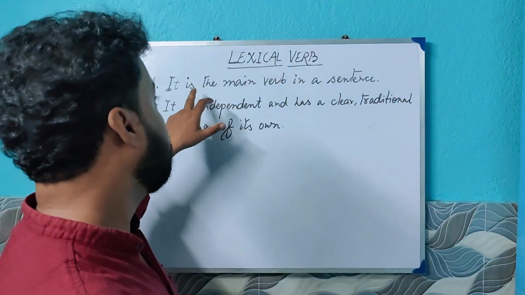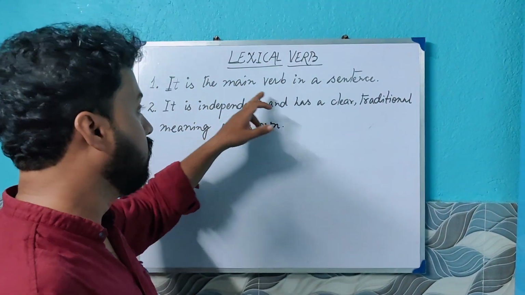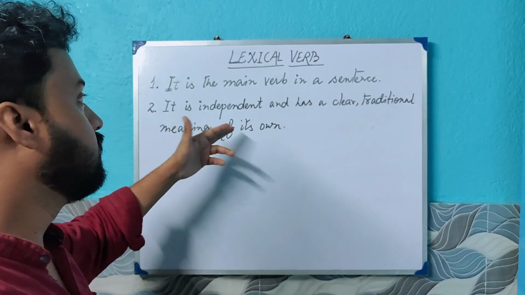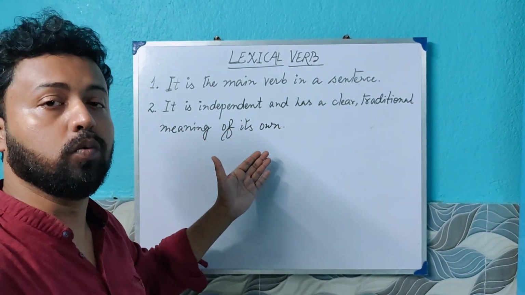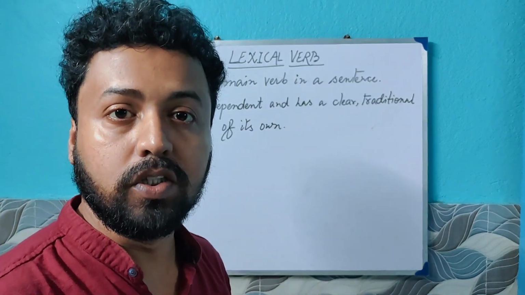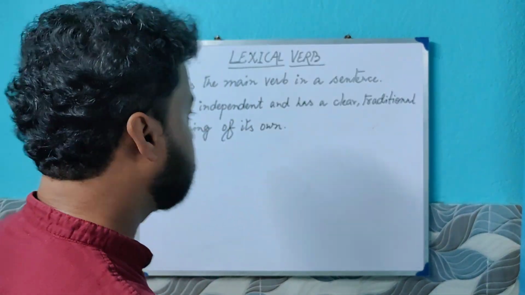So, number one, a lexical verb is the main verb in a sentence, and then it is independent and has a clear traditional meaning of its own. It carries a clear traditional meaning. And next,